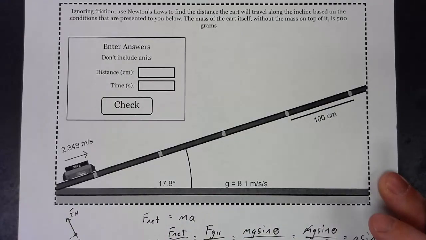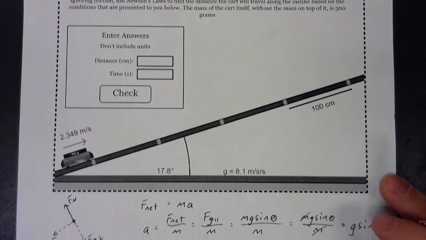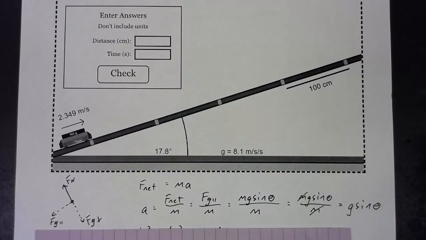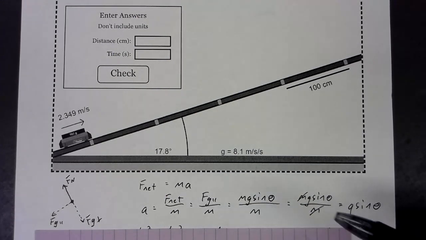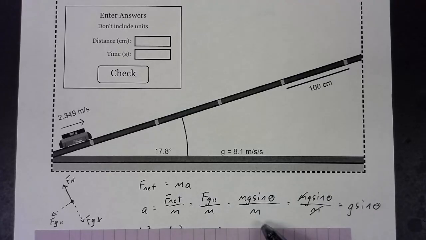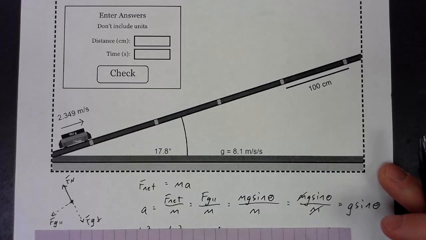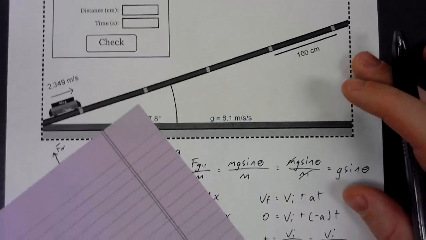So, begin with the free body diagram. The sum of forces along the ramp would simply be F sub g parallel. So write a net force expression for that. Plug in mg sine theta. Notice that the mass cancels, and the acceleration would be given by g sine theta. Then,